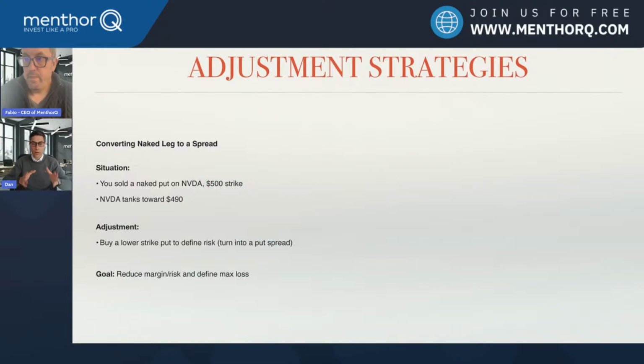Normally, I put them all together and take them off together, or roll them both out of time. But sometimes, if the data gives you confidence and you're not that deep in the loss, then you can just add. This is very legitimate. You can add a long leg. Yes, what will happen? You will definitely lower the credit you received. Maybe you will just break even, but that's okay.